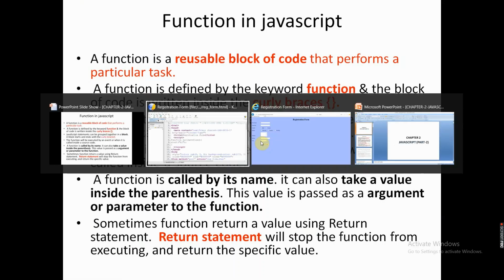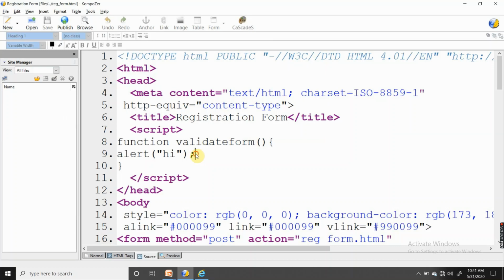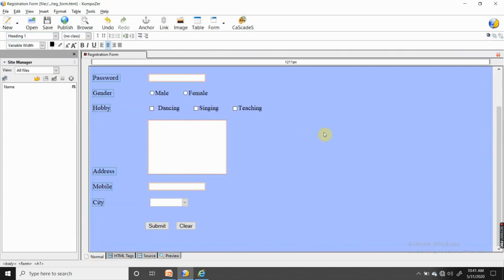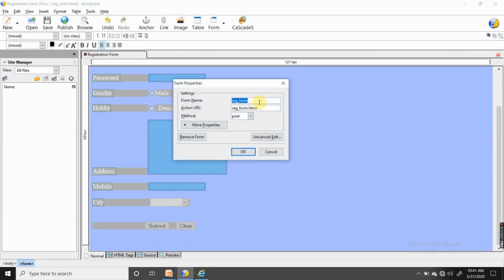Here I will put the variable. What is the need of a variable? It is a container for storing any value. I will give the name x. You can give any name. Document, why I am writing it, I will explain to you. First I will show the output. Document dot form name. What is my form name? I will confirm and verify it. It is reg underscore form.